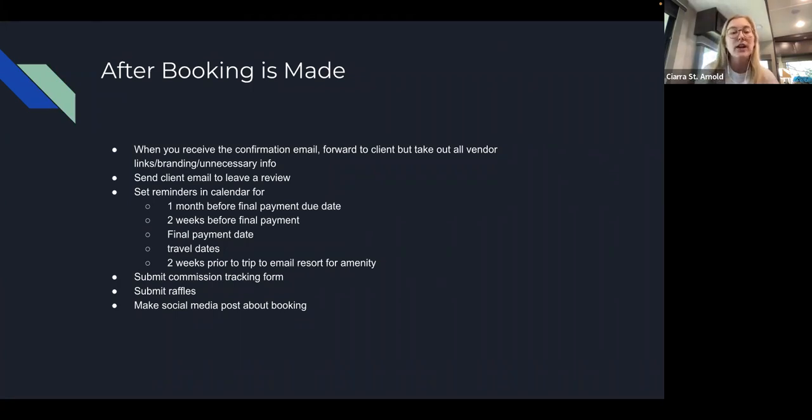If they still have not paid their final payment 2 weeks out, I will set another reminder for that, reach out to them again, say, hey, your final payment's due in 2 weeks. Just so you know, you still have 2 weeks, but don't forget that this amount of money is due. And then last, I put final payment date, but I meant the day before the final payment, because if they